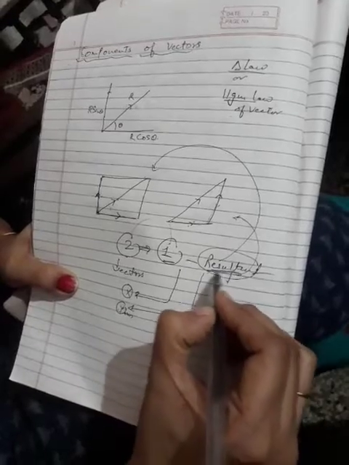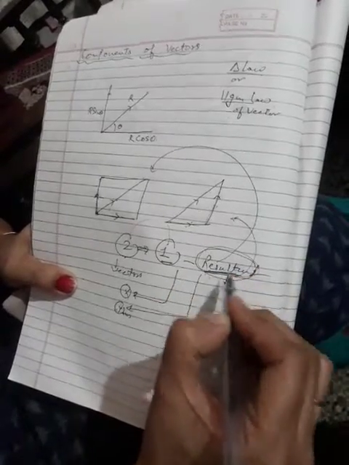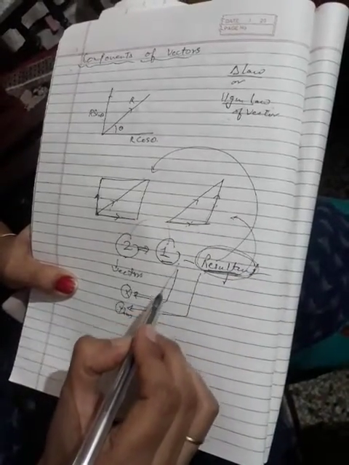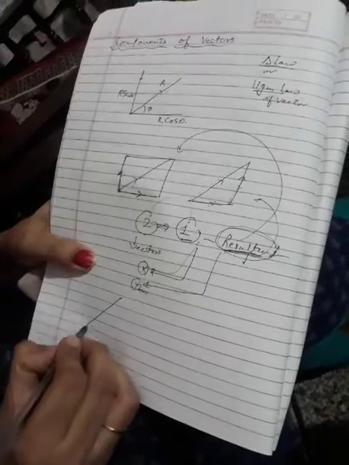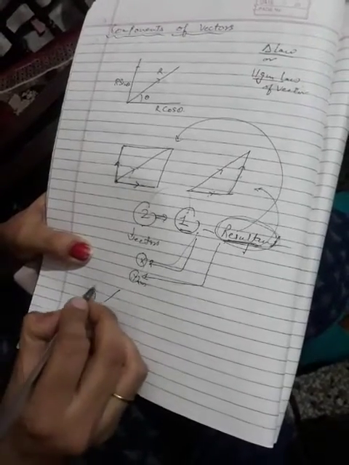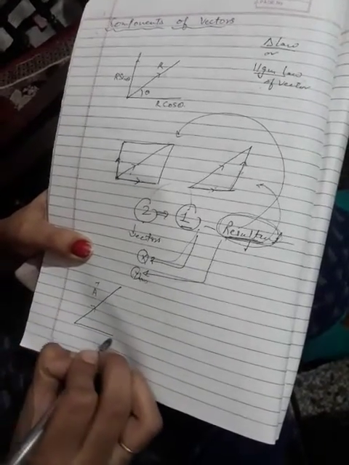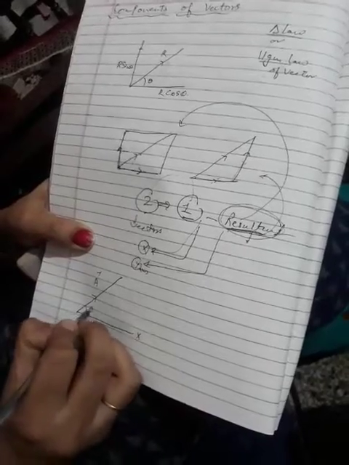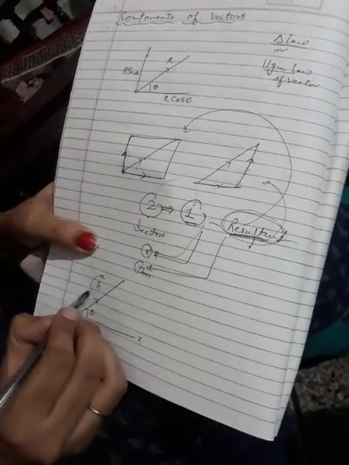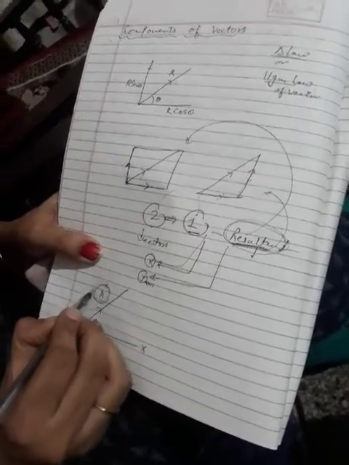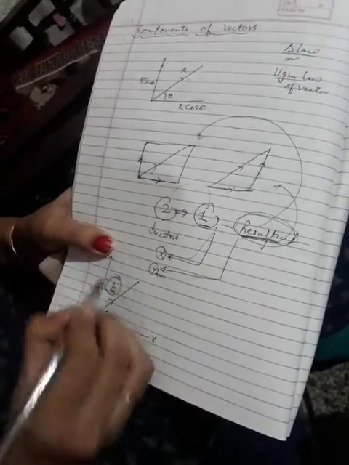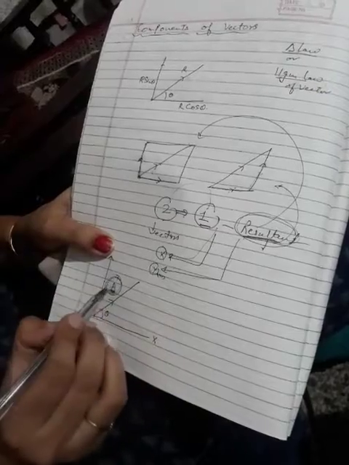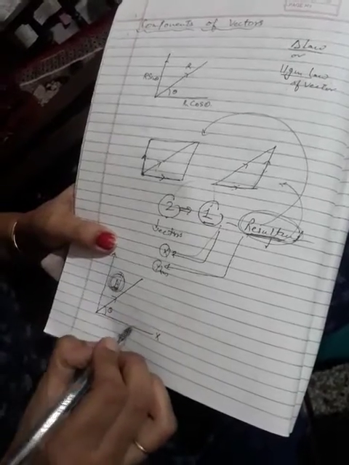That means whatever work was being done by the single vector will be done by the two vectors in the x-axis and y-axis. Now suppose you have a vector A making an angle theta with the x-axis. Now what is the action being done by this vector along the x-axis and y-axis? That means you are going to see the component of this vector along the x-axis and y-axis.